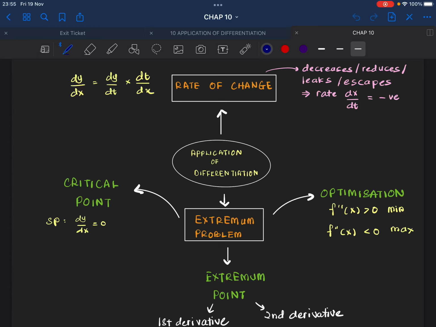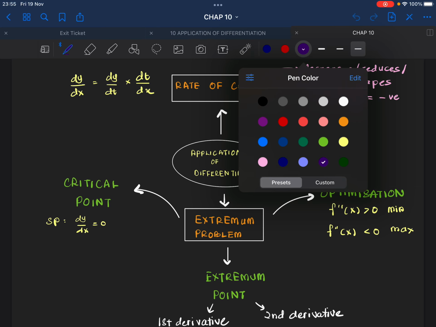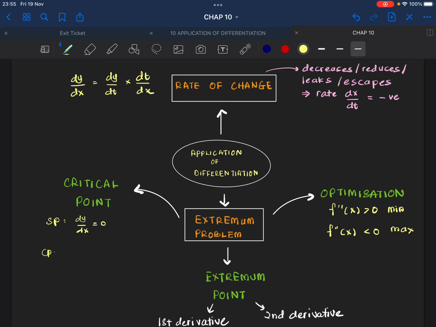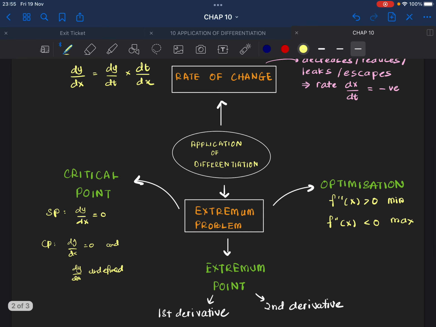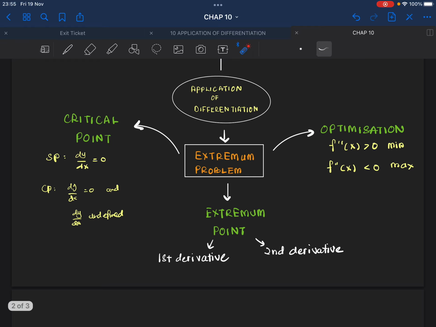Alright guys, next we have already seen how to find a critical point. A stationary point is when dy over dx is equal to 0, and for a critical point, dy over dx is equal to 0 and also dy over dx is undefined. Okay, so we have critical value, critical numbers, and critical point. So now we are going to see